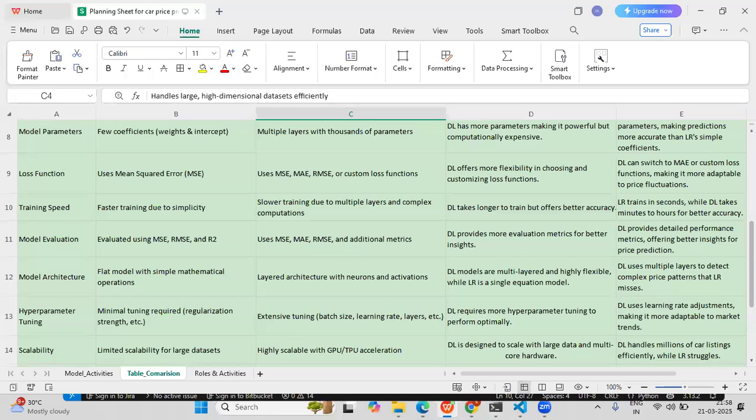The difference is that deep learning models are multi-layered and highly flexible compared to linear regression, which is a single-equation mathematical model. Deep learning uses multiple layers to detect complex non-linear relationships in price patterns, which we would not find using the linear regression model.